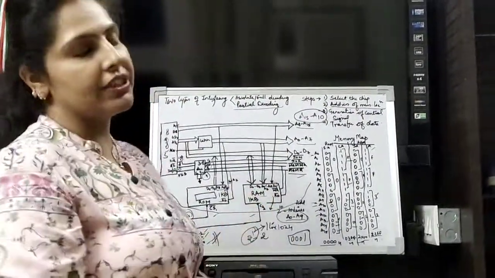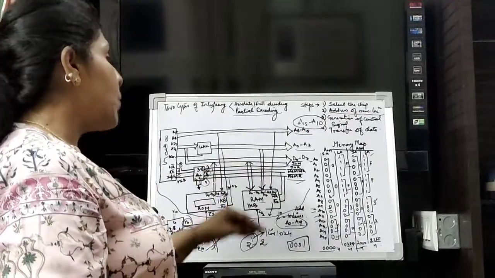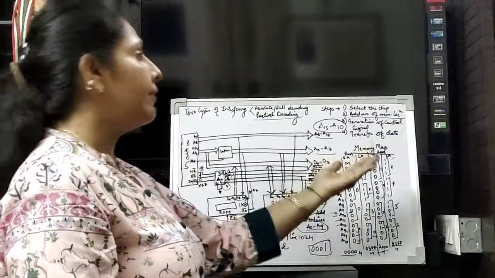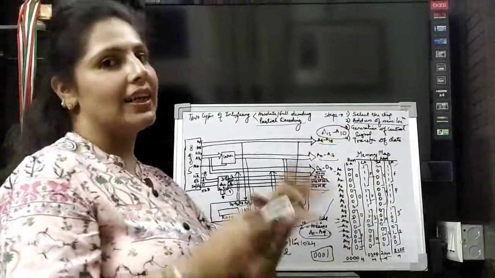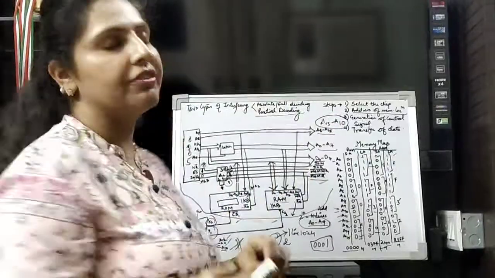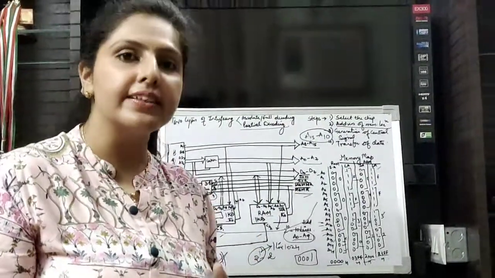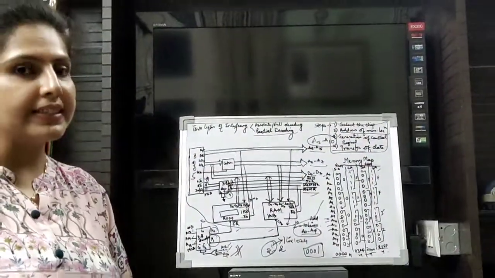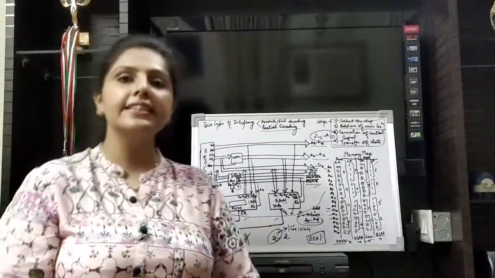Next is generation of control signals. A proper control signal is generated, whether we have to read or write the data. And the last and most important concept is transfer of data via the data bus. With this our communication takes place. The complete communication takes place, which means the interfacing is complete.